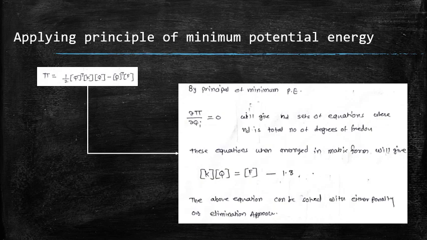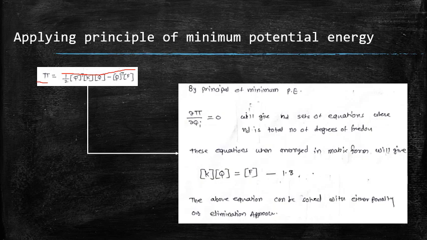We have seen this equation of potential energy. Now I will apply principle of minimum potential energy. So you are all aware of what is principle of minimum potential energy. So setting first variation of this functional equal to 0. Now this potential energy is a function of displacement fields or the displacement configuration. Therefore, I will set del pi by del qi is equal to 0. This will give me set of equations which are also termed as equilibrium equations.